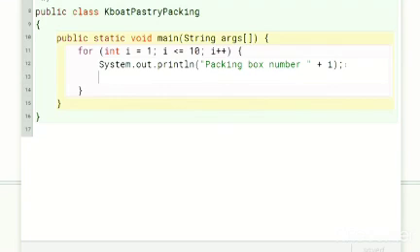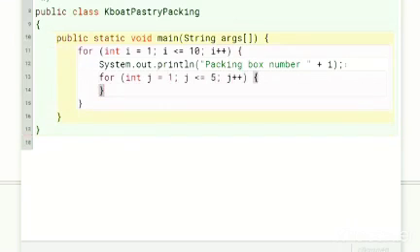Next, I need to place 5 pastries in this box, so I will start an inner loop which will run for 5 iterations like this. After that, I will simulate placing a pastry in the box through this print statement.